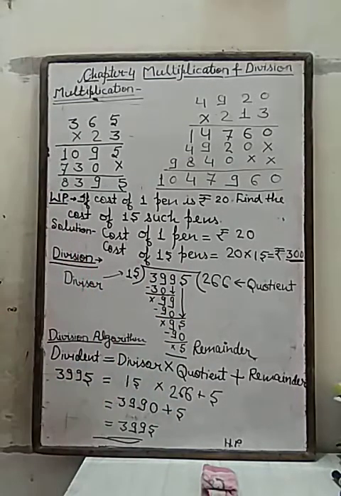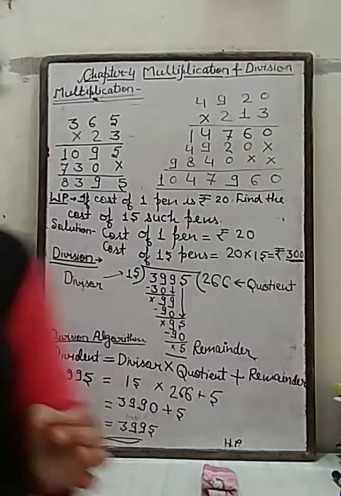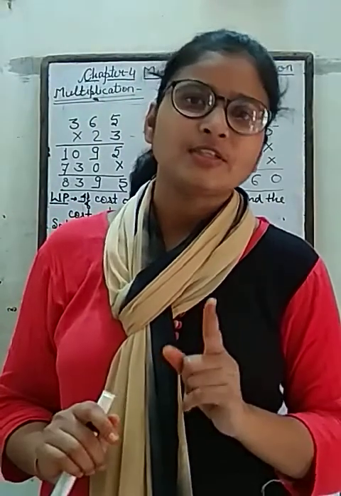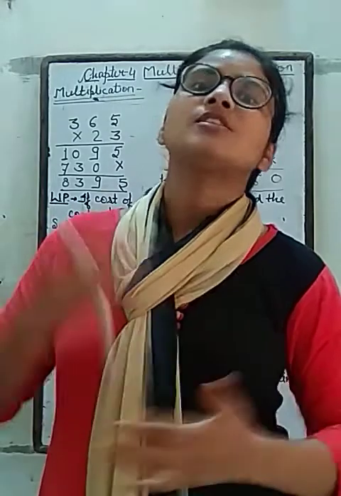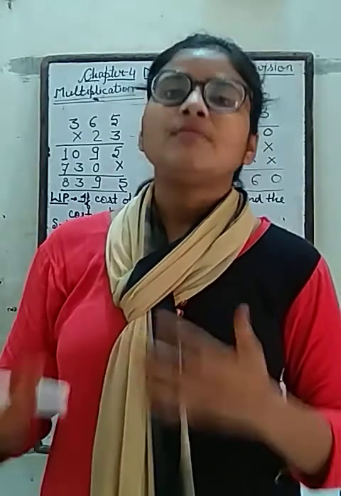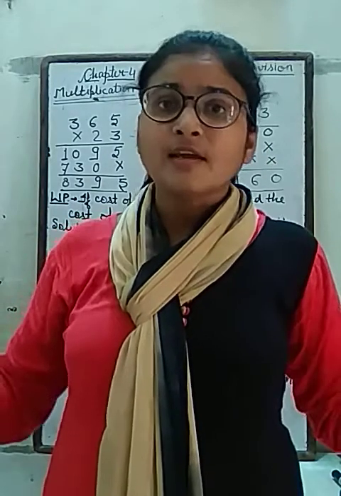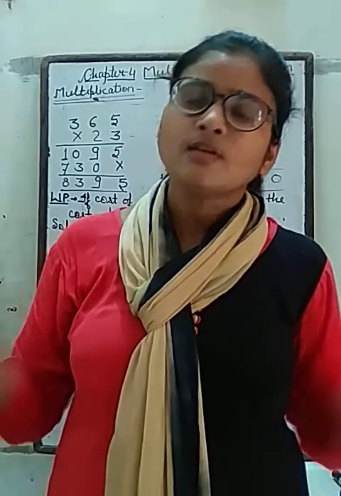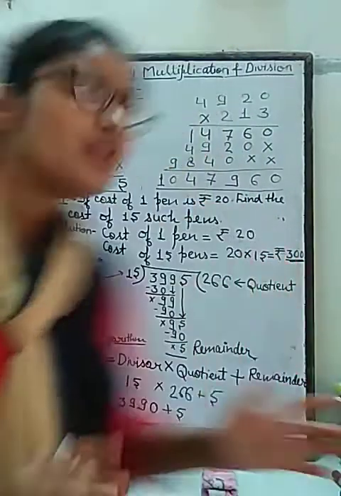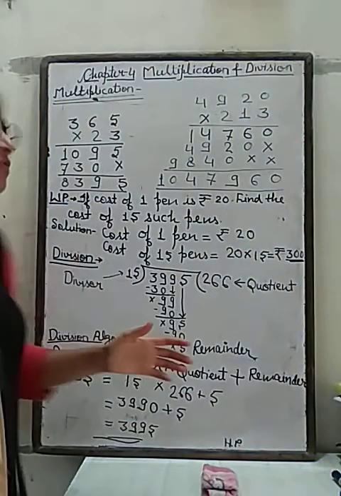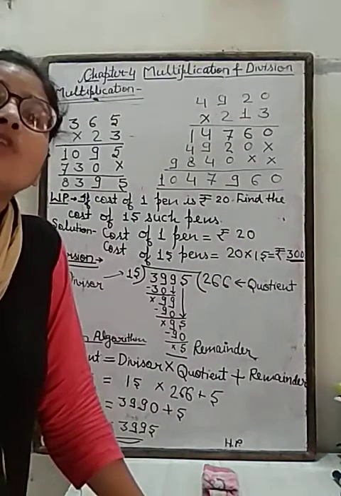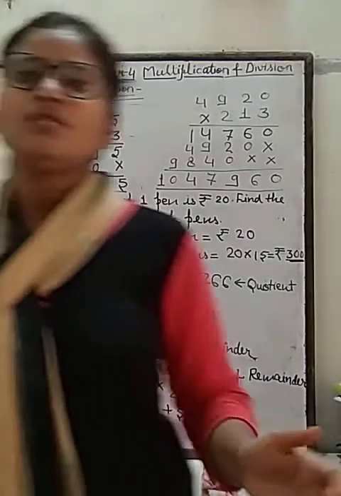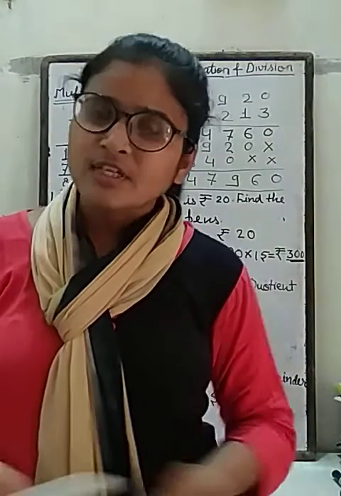जब भी आपको ऐसा दिया जाए कि कम का देके ज़्यादा का पूछा जाए तो हमेशा क्या करेंगे? मल्टीप्लाई. Don't forget it. डिवीज़न में हम इसका जस्ट उल्टा पढ़ते हैं. डिवीज़न में हमेशा ज़्यादा का दिया जाता है और कम का पूछा जाता है. पहले तो firstly you will learn how to do division. My dear students, you know how to divide one digit.